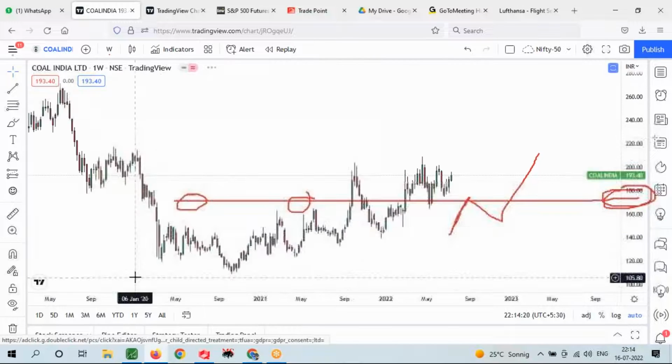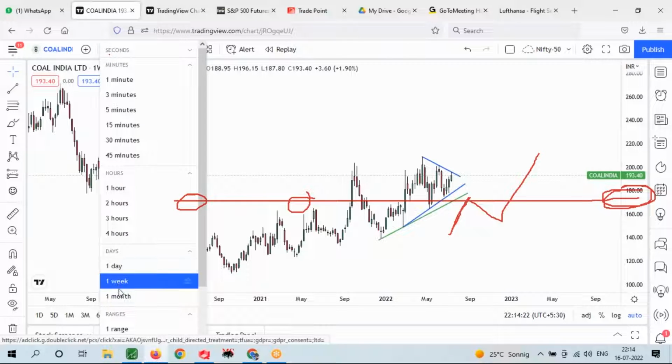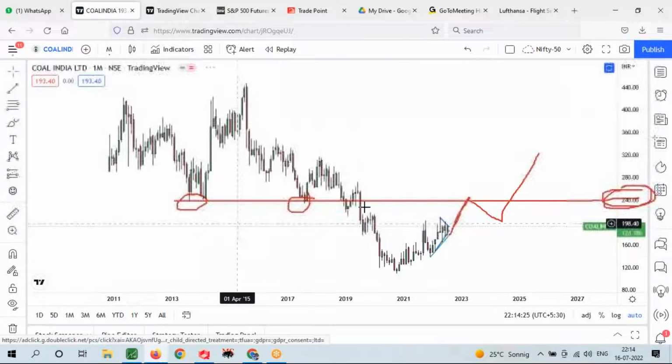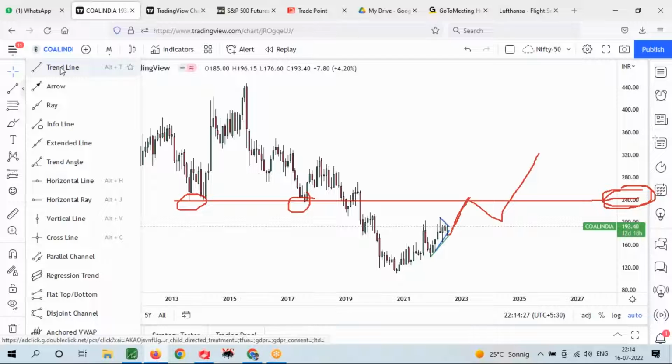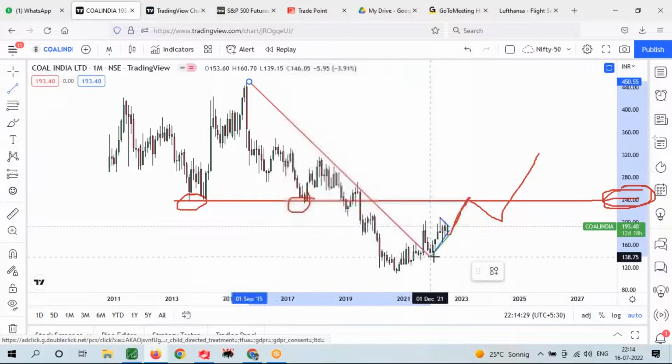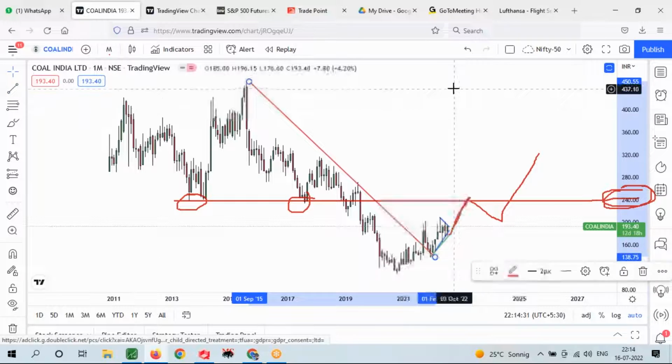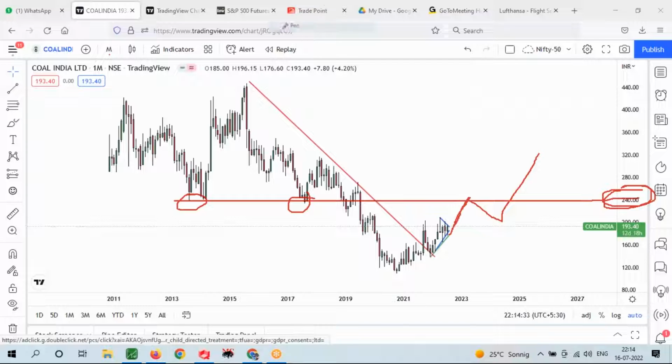Then go to weekly. Before that, I'll show you monthly again. This is a normal chart. This is anyway broken away. This long-term trend change has happened. Trend change, retest, and then this is gone. Now, if you look at the log chart,